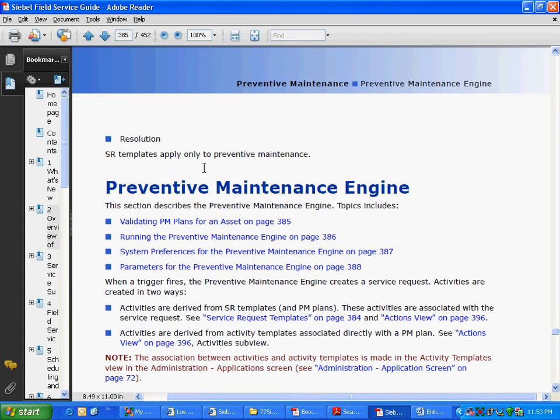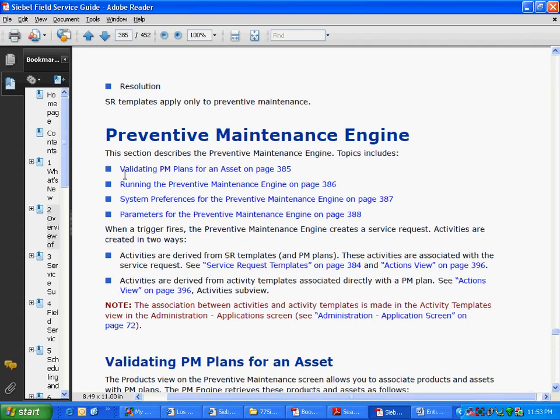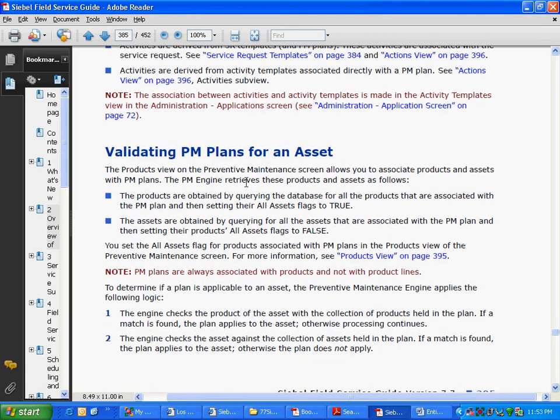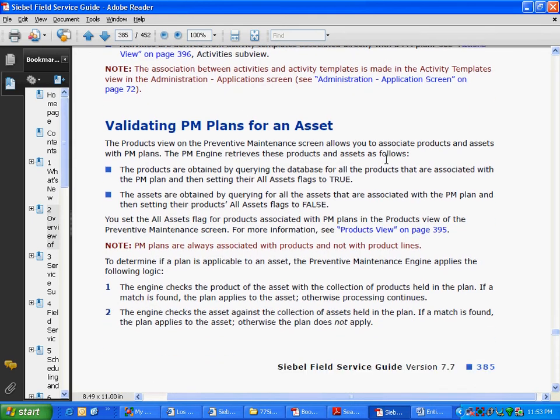Preventive maintenance engine. This section describes the preventive maintenance engine. Topics include validating PM plans for an asset on page 385, running the preventive maintenance engine, system preferences, and so on. The products view on the preventive maintenance engine screen allows you to associate products.